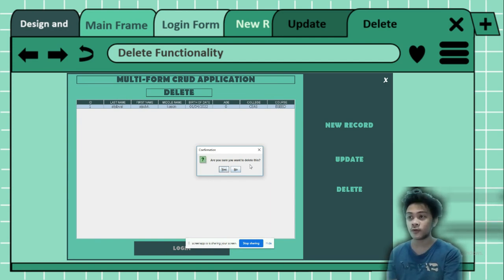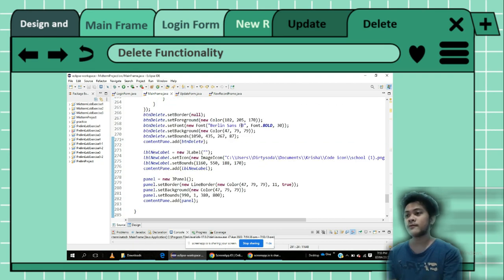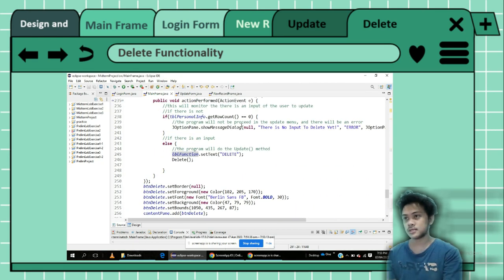And this confirmation dialog will pop up. Are you sure you want to delete this? Click yes if you want. Click no if you don't want. But now I will click yes to show you that this one will be deleted. So the line of code that we did for this is